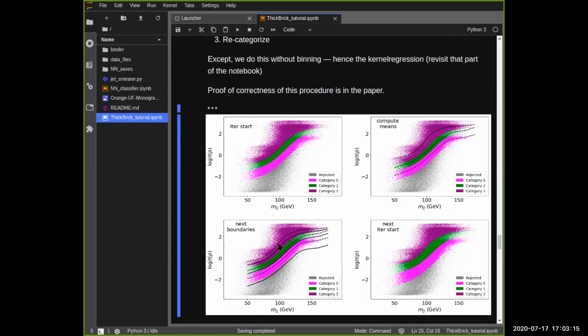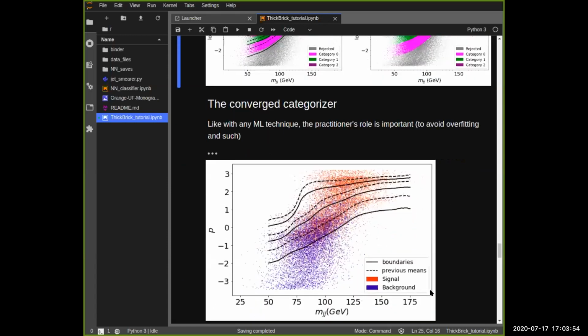And what does this next boundary do? You just categorize all of your events based on these new boundaries. You will notice that because this solid line moved up, our green band widened from where it started, right? And this is a single iteration step. The idea is to run this until you don't have too many reassignments. In each iteration step, some points get reassigned, and at some point you won't have any more reassignments, or the number of reassignments will be really small, and that's when it converges. And this is the convergence. This is the converged